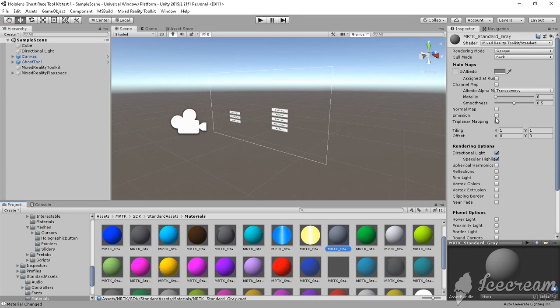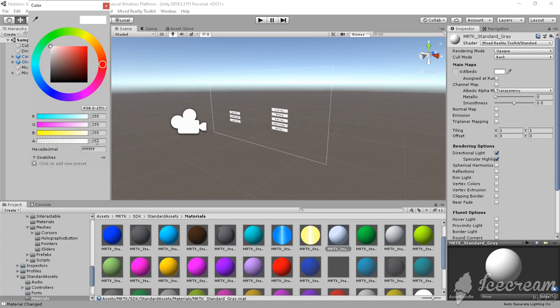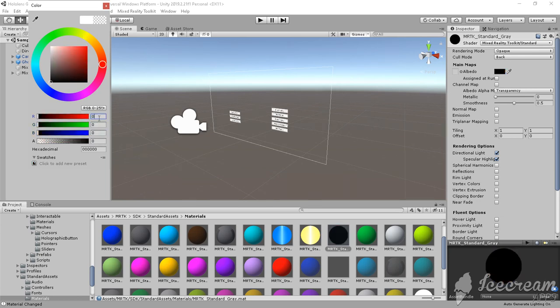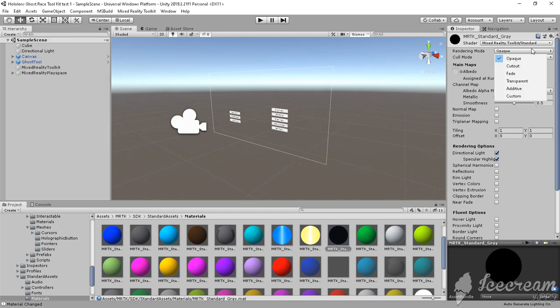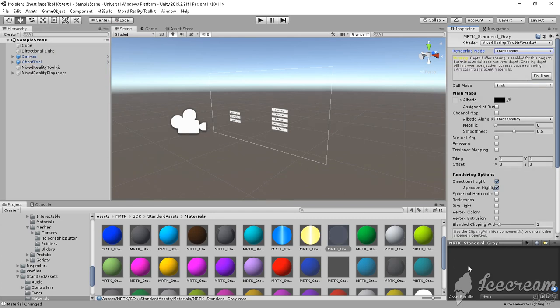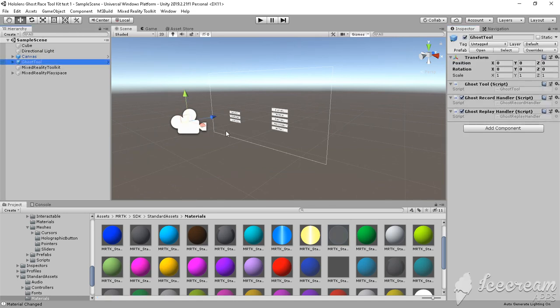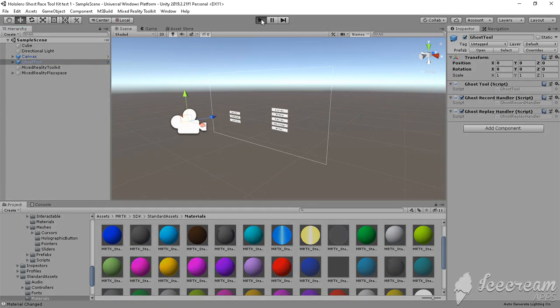you can change the alpha. Somewhere, there it is. You can change this to 0, 0, 0, 0. And transparent, it's invisible. So then the ghost, or the cube, becomes invisible,